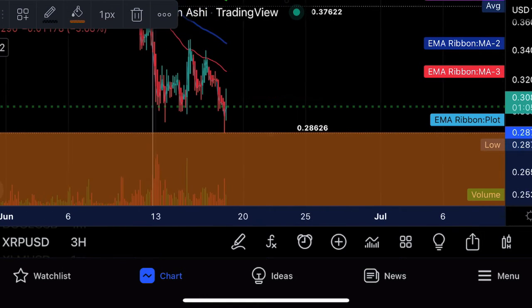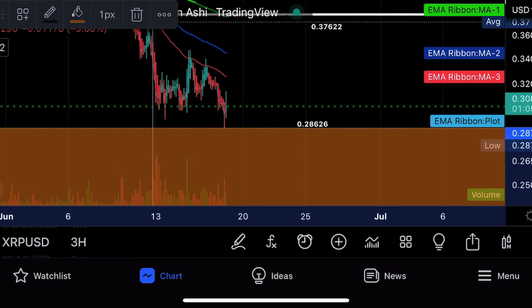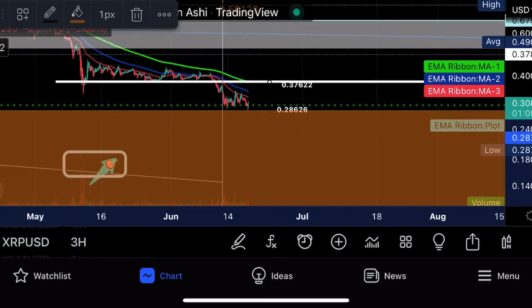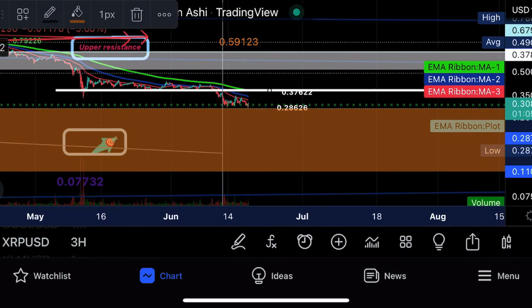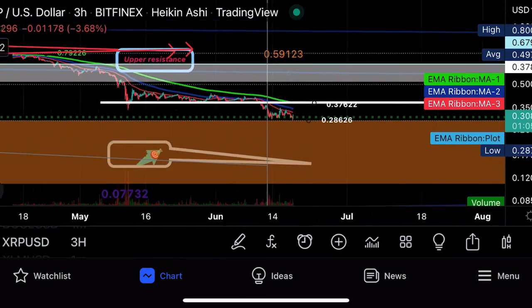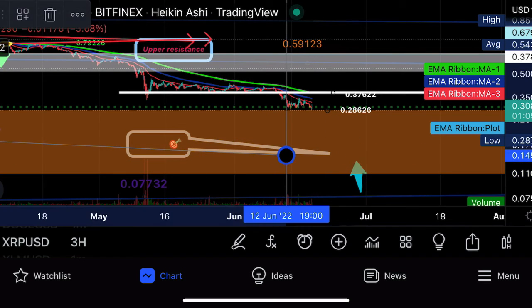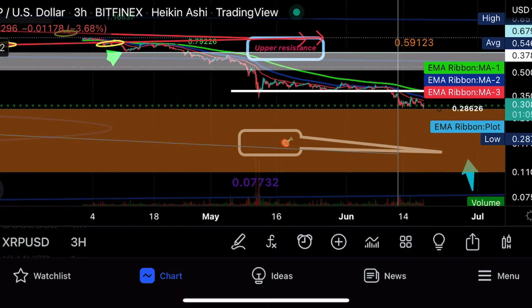And you can see XRP bounced off that 0.2862 bottom part of that top part of that orange support zone, which is the last line of defense to the shithouse. As you do know, we have a target down here that almost got met, but still not yet. Down here with the big, beautiful blue arrow pointed at it. Let's move this stuff over. Come on,